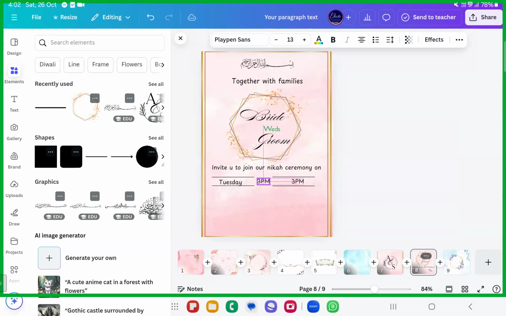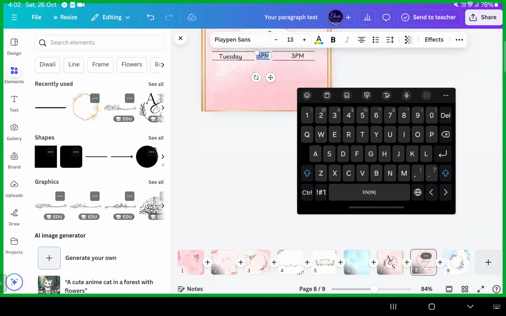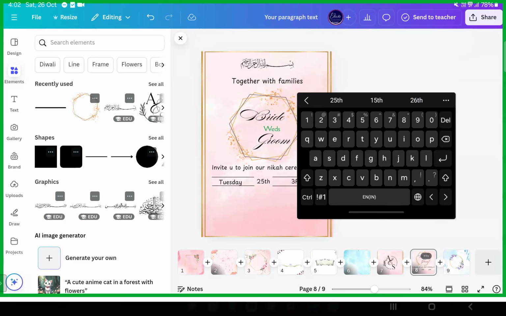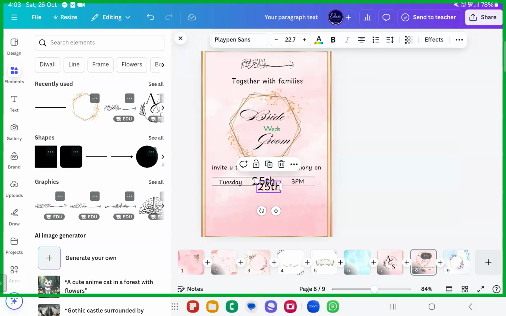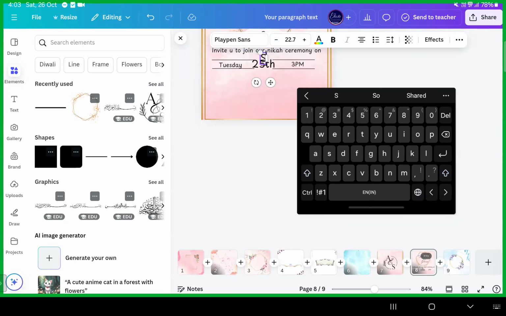For example, here you can add the date at the center. I mean the 25th. Let me just write 25th. Then you can even add the month over there. You can add 25th in a bit bigger manner, and then write the month in a smaller way. September or October.